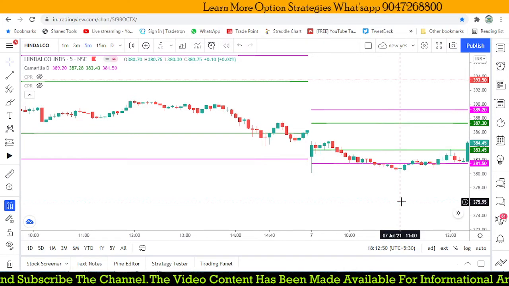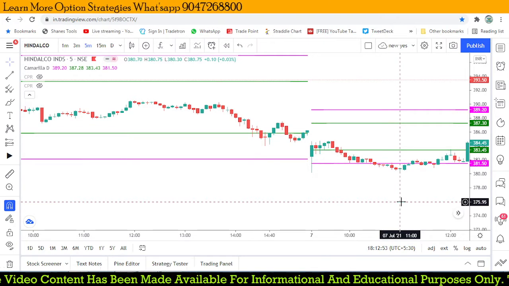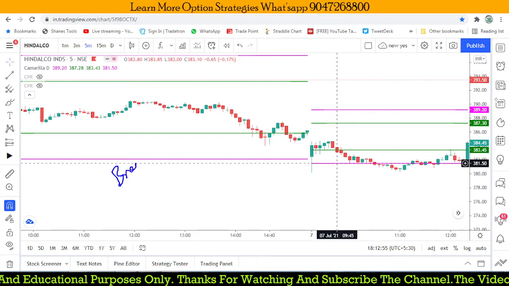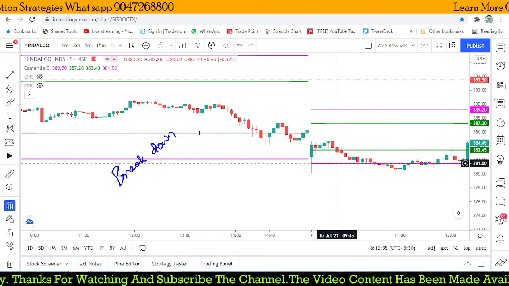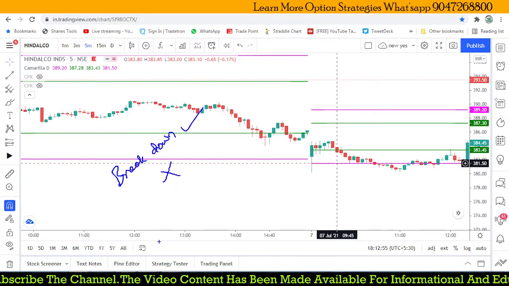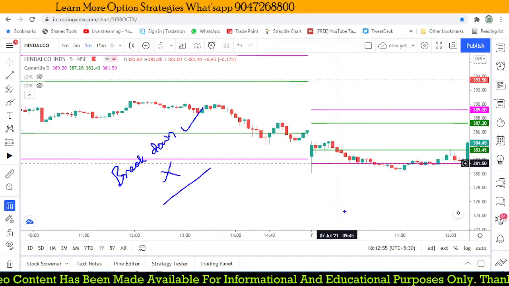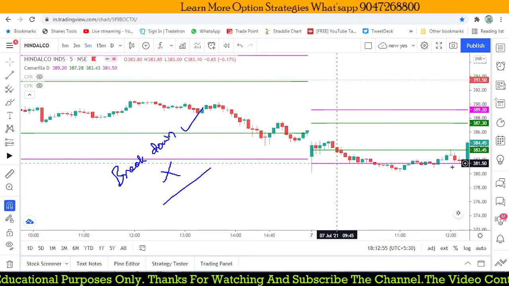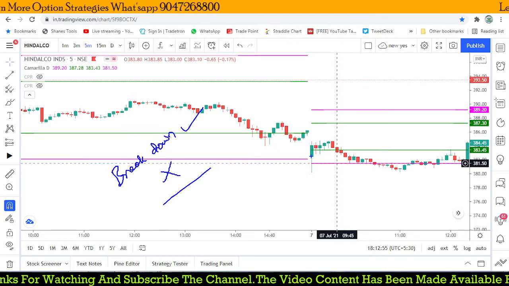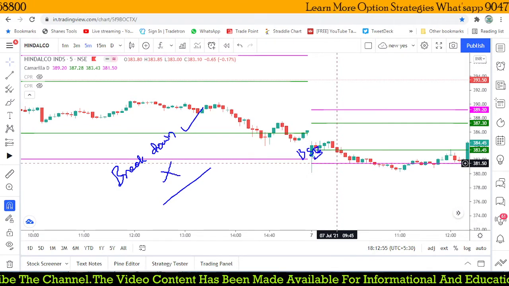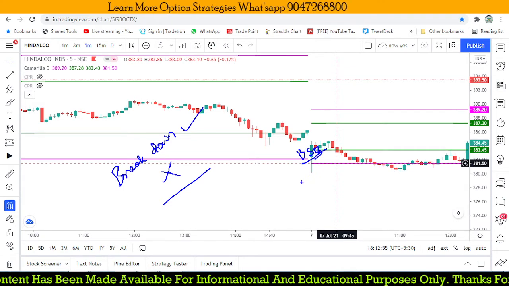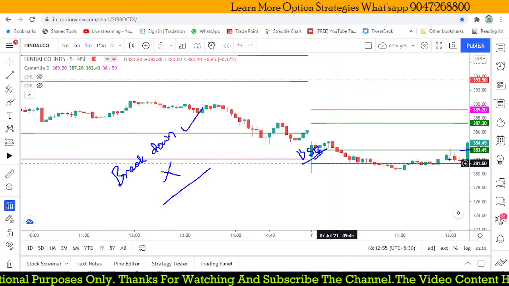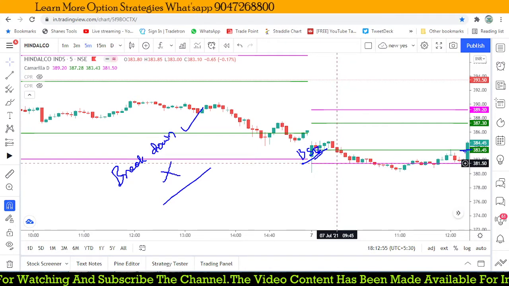We are expecting the breakdown, and that has also happened, but this time our stop loss got triggered. So what other things can we do using the same levels? Our expected breakdown was happening, but it gave a failure. The breakdown was a failure, the stock is not able to move further and started to recover. We already know there is a buy reversal at S3, and that is another trade opportunity. If the breakdown trade got its stop loss triggered, why can't we take a long position at this S3? That is the buy reversal point.